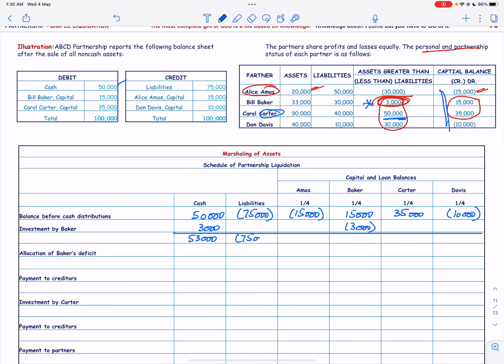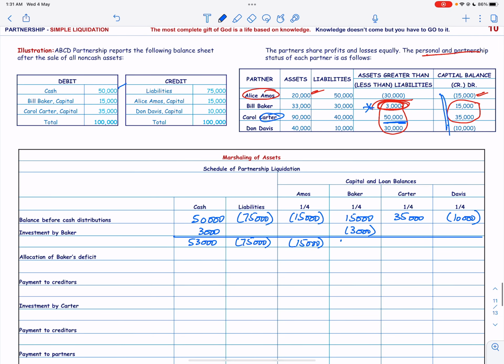Liabilities still remain 75,000, 15,000, 12,000, 35,000 and 10,000. Then we are going to allocate